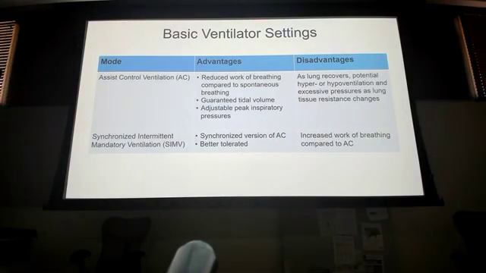SIMV is usually better tolerated because the patient's allowed to breathe on their own. In assist control, you may have to increase sedation because if the patient's breathing very rapidly, what's that machine doing every time it detects a breath in assist control? It's going to give that full tidal volume. So if they're tachypneic, breathing over 20, it's going to give them a full tidal volume each time they trigger a breath. A patient may not tolerate that very well. It may cause more barotrauma because now you're stacking breaths on your patient, giving them full tidal volumes. At that rate, they're not able to off-gas.